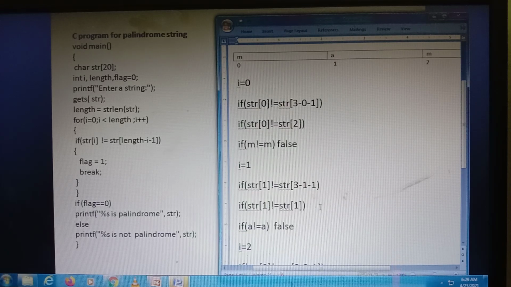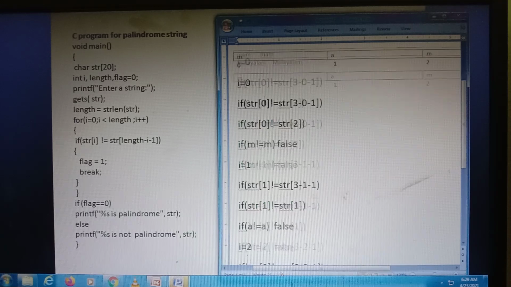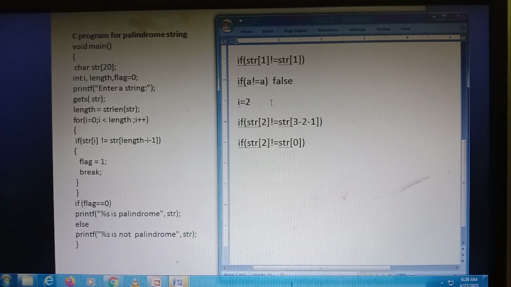What is str of 0? m. What is str of 2? m. Again m not equal to m. If m not equal to m, again the condition is false.